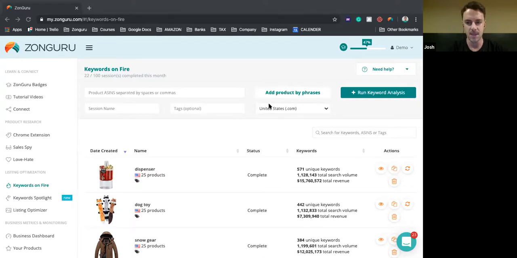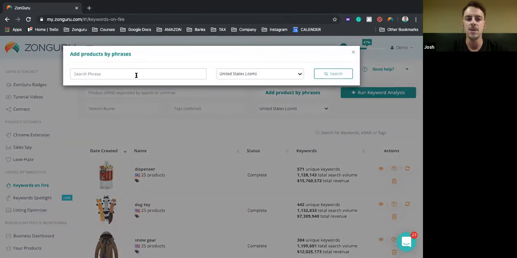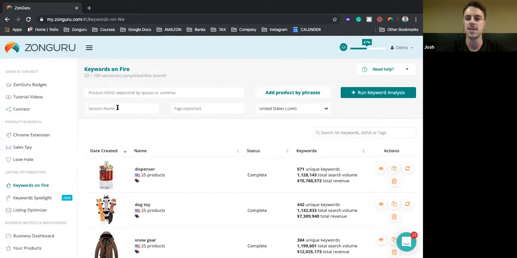So to do this, what you do is start off with add product by phrase. Then you just type in your phrase here, which I wrote as dispenser, and click search. Your next step is you always have to name your session. I always name it the same as the phrase that I used when I click search, because that way it just keeps everything in order. You quickly run a keyword analysis, and this will take a few minutes. What this does is Keywords on Fire takes the top 25 listings for that keyword, dispenser, and